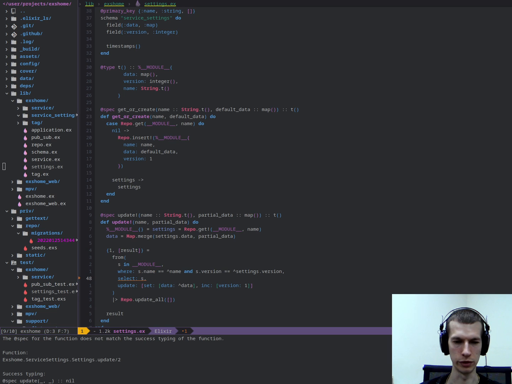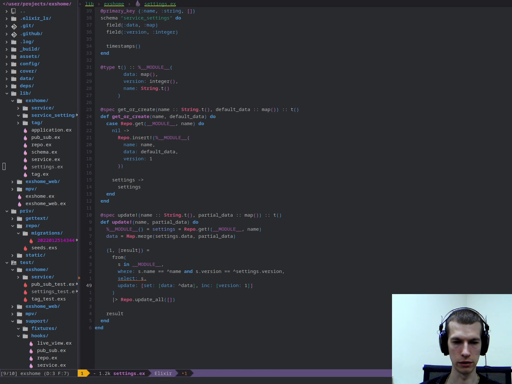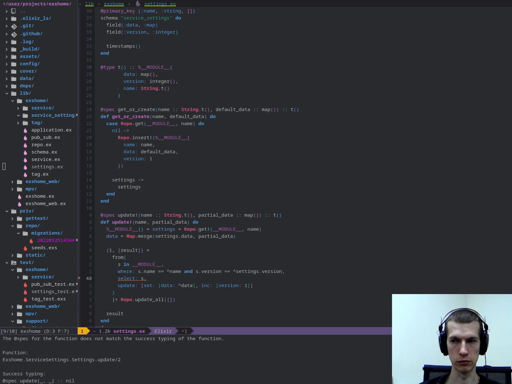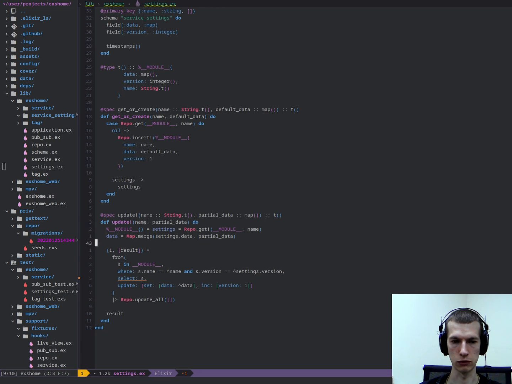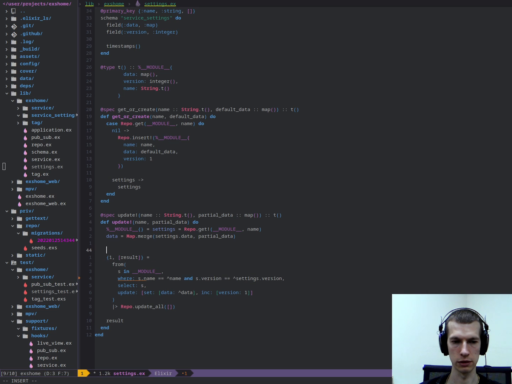I think it should be one row. Okay, and we'll update the data with extra data and increase the version. So if we got the value from one process, for example from process A, and trying to put in new data,